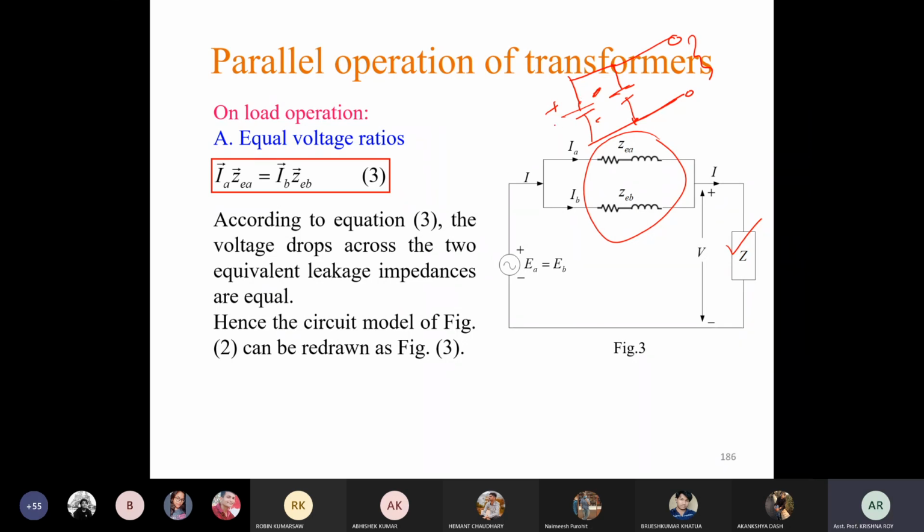Suppose this battery is of 10 volt and this one is of 5 volt, so we will get 10 volt here. Okay, if they are equal in magnitude, then we will get the voltage of one of the sources. Okay, so here the two voltage sources are having equal magnitude and they are in same phase also, so we will get EA is equal to EB, and we can redraw the circuit using only one source. This I have already discussed in last class. Okay,